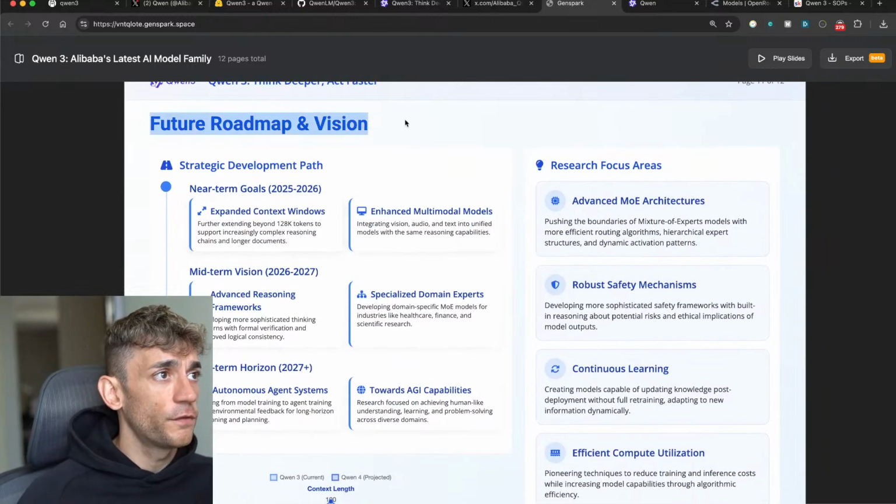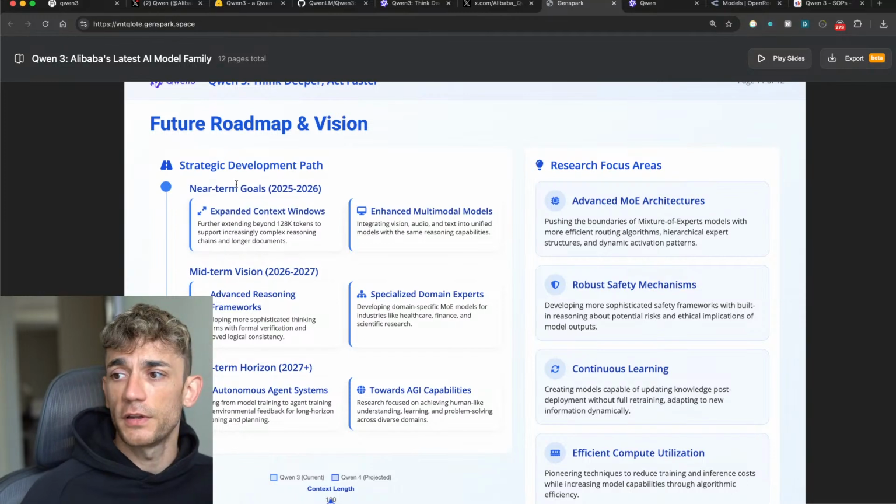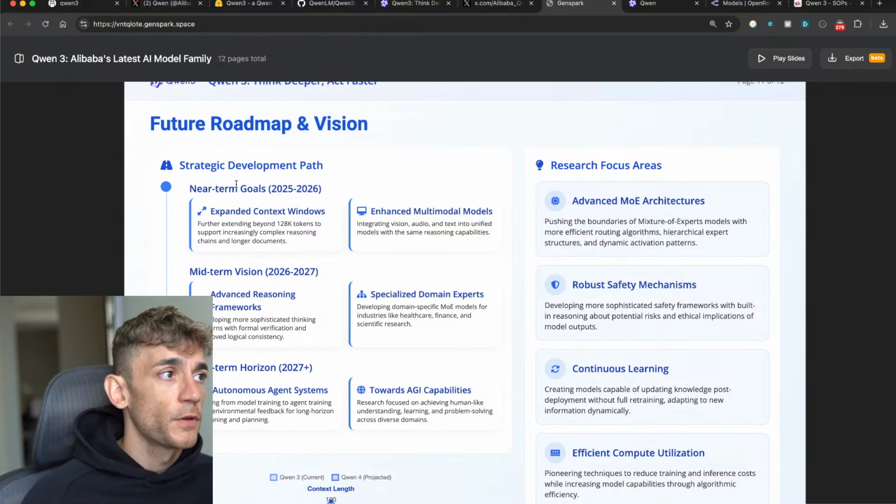And in terms of the future roadmap, if we're looking at the long term,